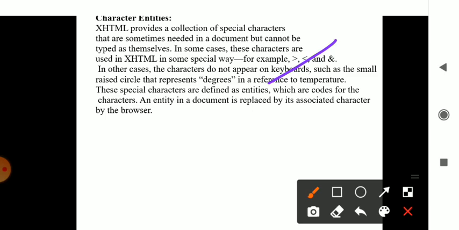Sometimes, for example, the degree symbol is not present on the keyboard. Now you have to use special symbols in HTML which will help you get that particular character within the document. That can be done with the help of an ampersand symbol. I use an ampersand symbol and I may use short forms. Less than means LT, greater than means GT, fraction means FRAC. Like that, you use the terms and implement them in the document. So let's check with an example how this works.